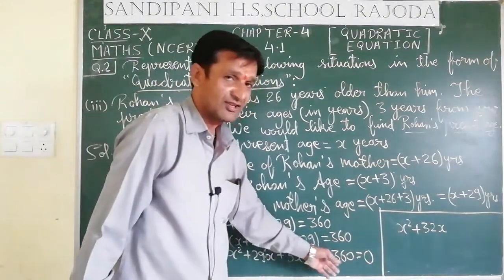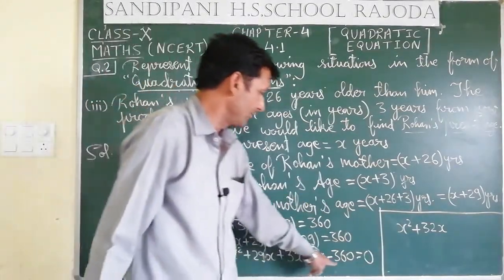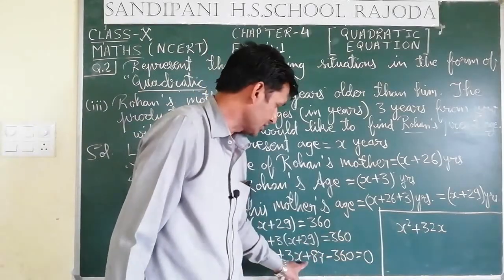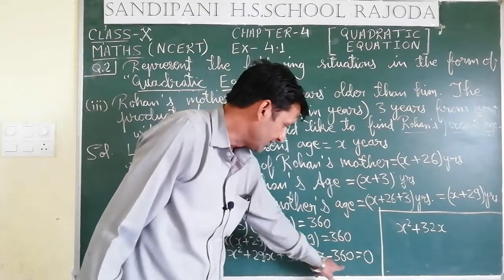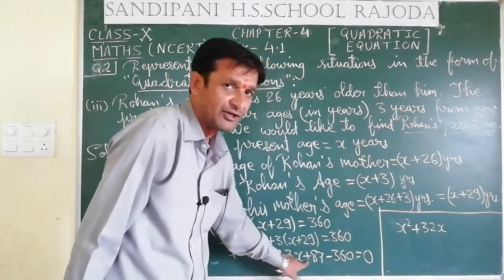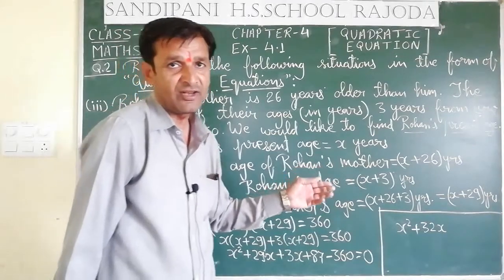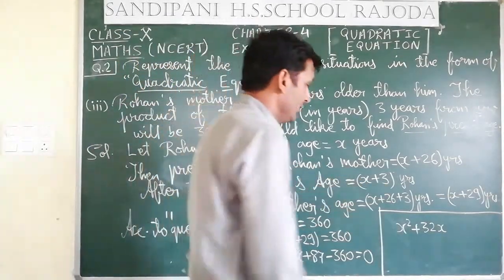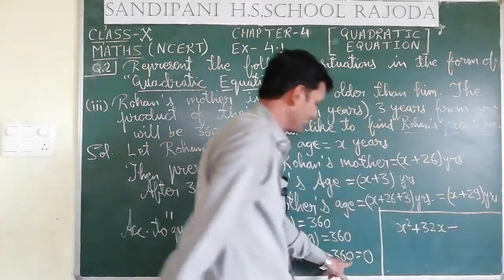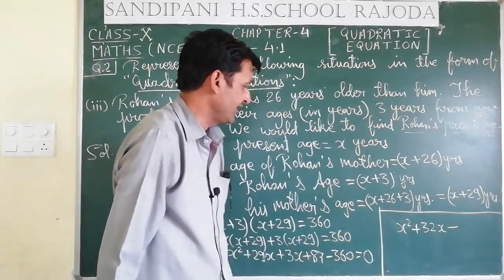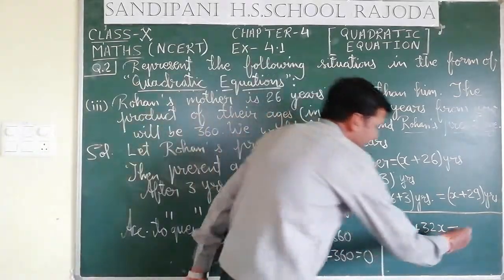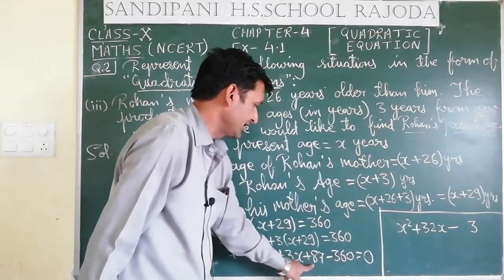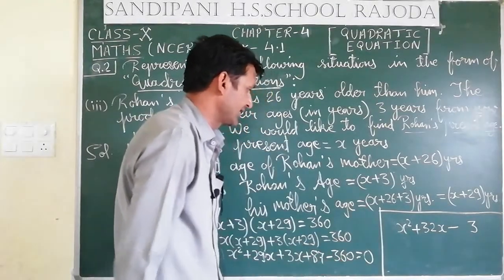Because why 360 minus 87? Minus sign will be applicable because bigger digit is having minus sign. But why we are subtracting it? Because one digit is negative and another one is positive, means we have to subtract smaller one from the bigger one, and sign of bigger digit will be applicable. So 360 minus 87, see 10 minus 7 is 3, so it will become 5. 5 minus 8, it is not possible. 15 minus 8, that is 7.